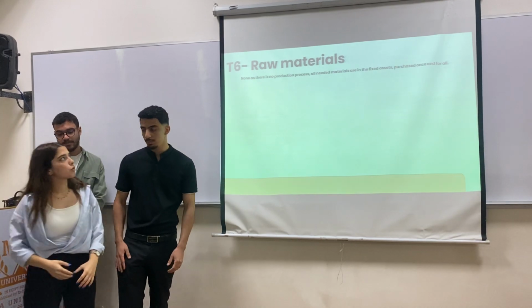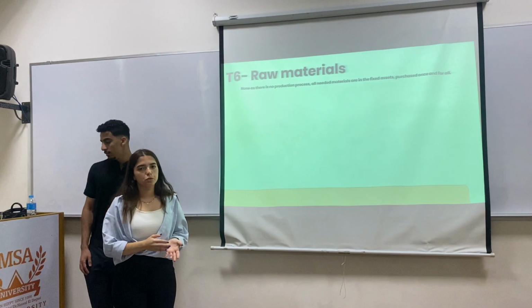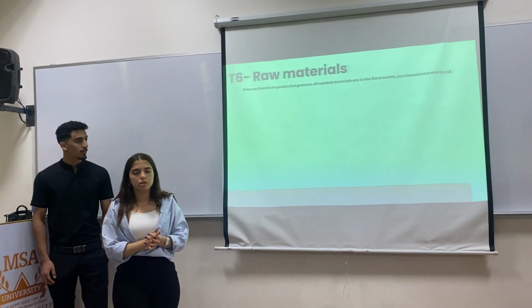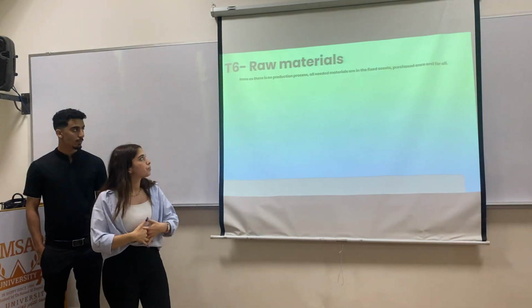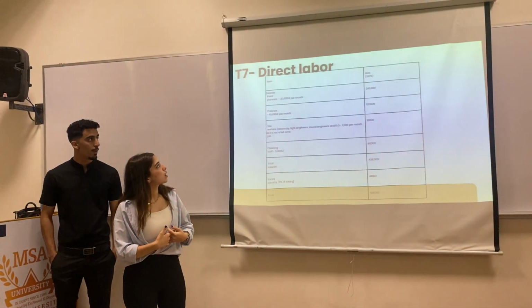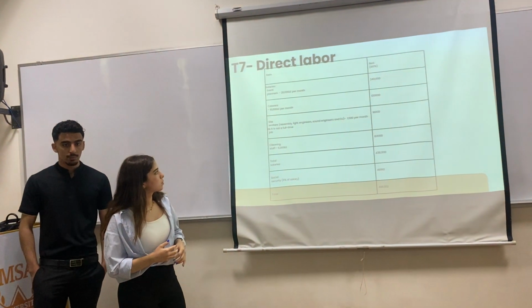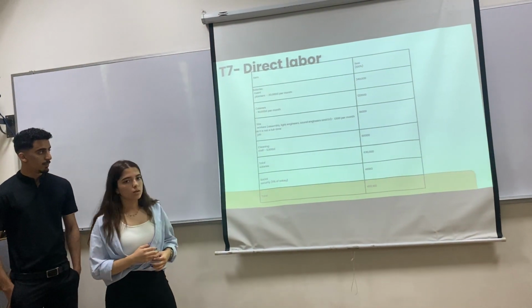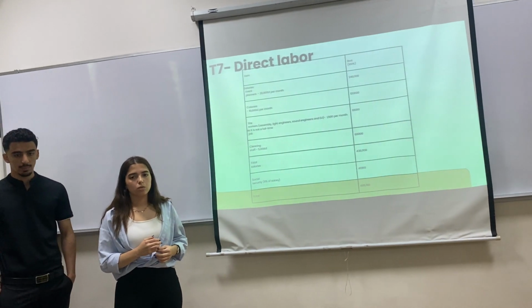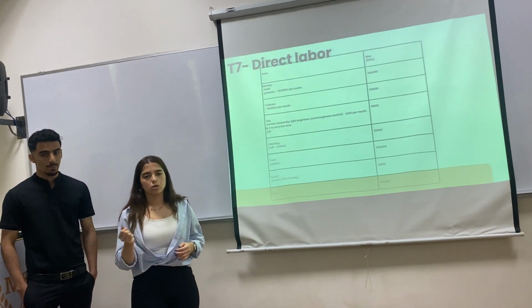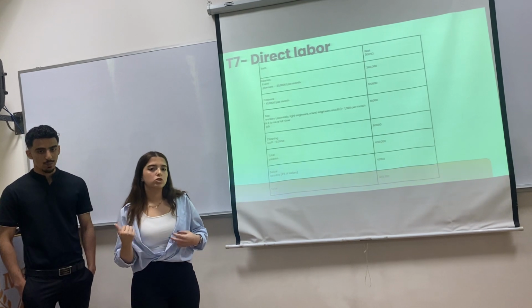Okay, for the raw materials, there is no production process, and there are no raw materials because we take everything ready. Where are the utilities? Where are the other things for the utilities, for the fabrics? I think the fabrics have not been placed in the correct place. Yes, because we previously mentioned that we put it in fixed assets.